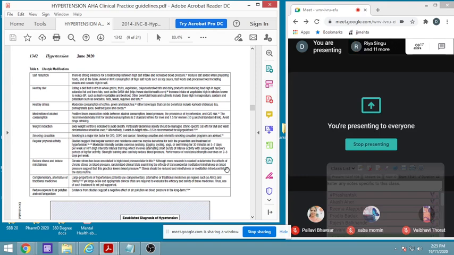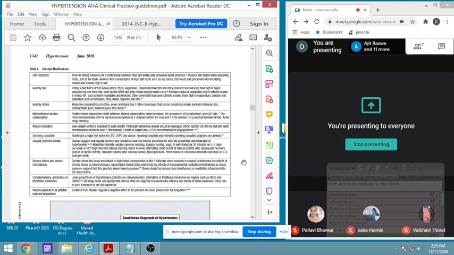Avoid consumption of high salt foods, including soya sauce, fast foods, and many food materials that have high salt content. Wherever sodium content is high, even though it is not sodium in any form, it should not be there. Then a healthy diet should be prescribed, and for that there is a very typical concept called the DASH diet. Whenever hypertension is there, people always prescribe the DASH diet, that is